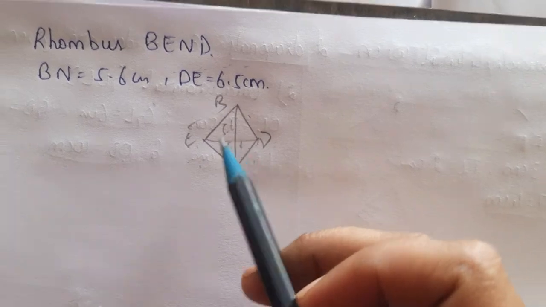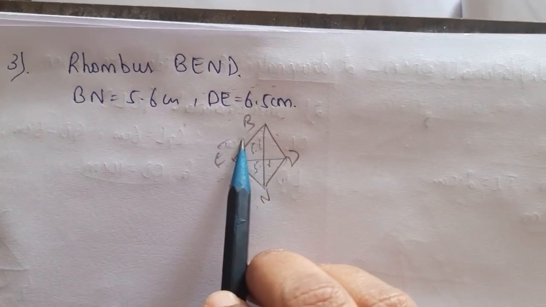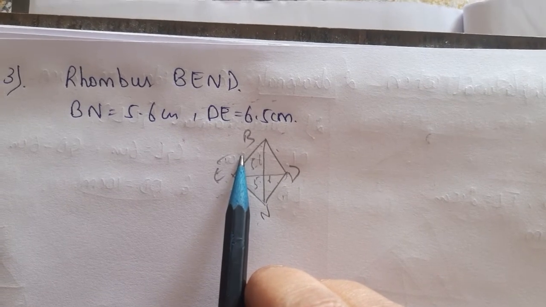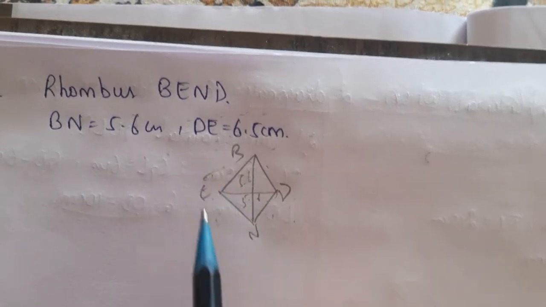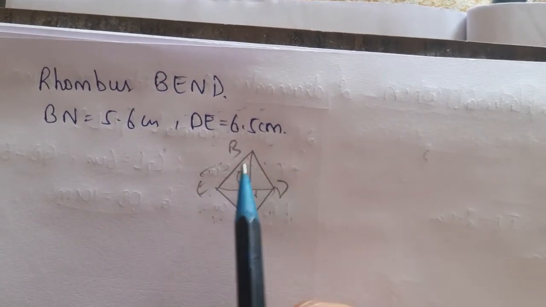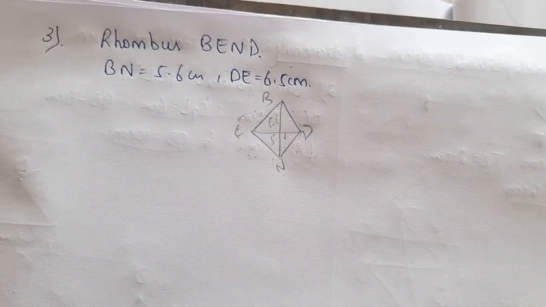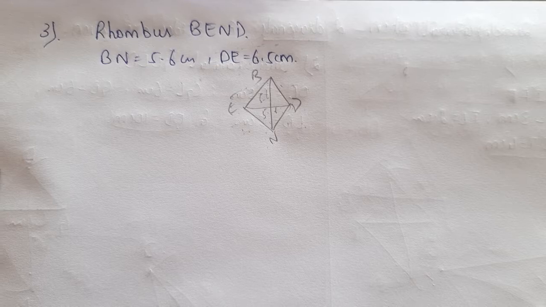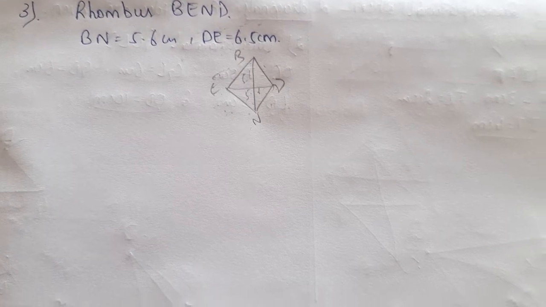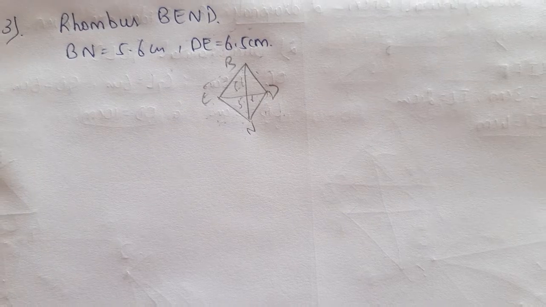Do you observe? In the previous exercise that we solved, one of the sides of the rhombus was given. So using the property that all the sides of a rhombus are equal, we constructed all four sides. But here none of the sides are given. Instead only the measurement of the two diagonals is given. So in such a case, we should apply one more property of the rhombus, that is, the diagonals of the rhombus bisect each other perpendicularly.